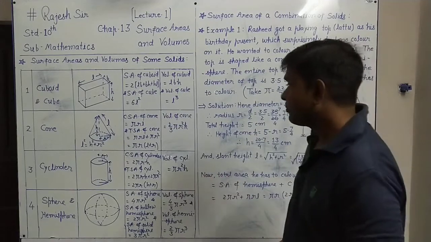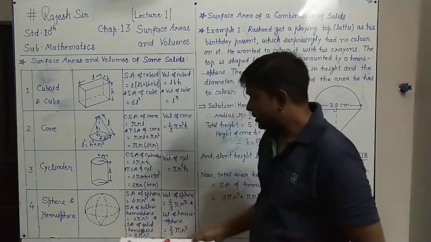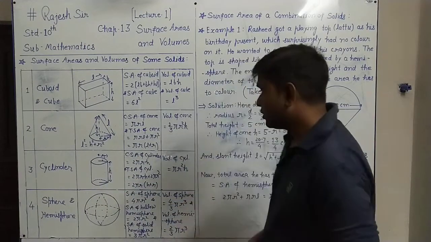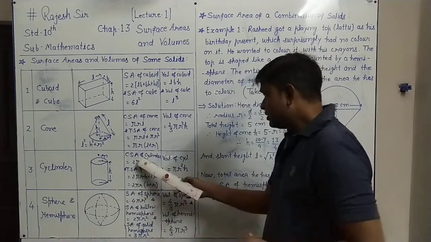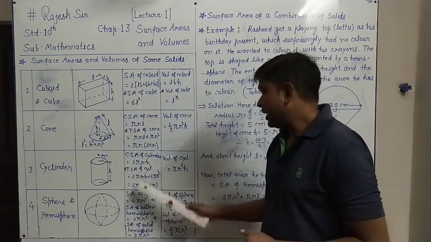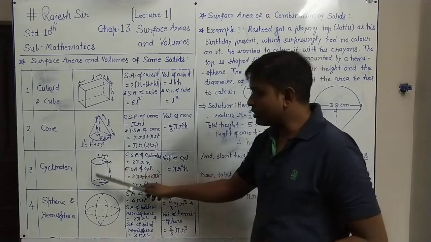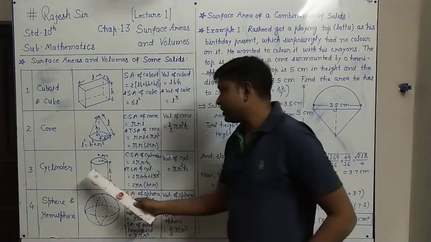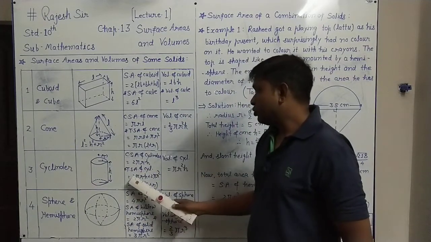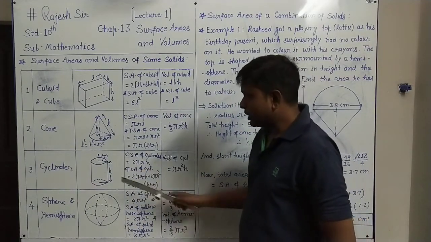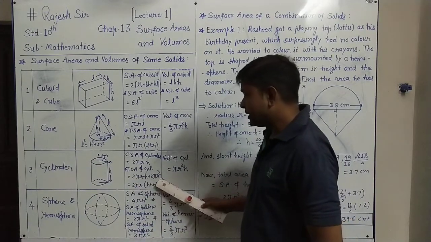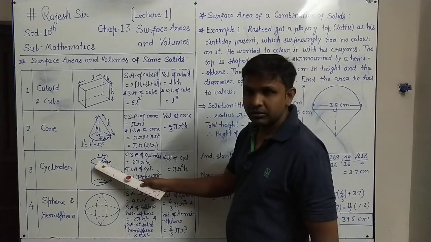That you also know. Now the cylinder: this is called height H and this is its radius r. For a right circular cylinder, the CSA is 2 pi r H, where CSA means curved surface area. Total surface area means we have to close the cylinder. To close it, 2 circles are needed, one up and one down.